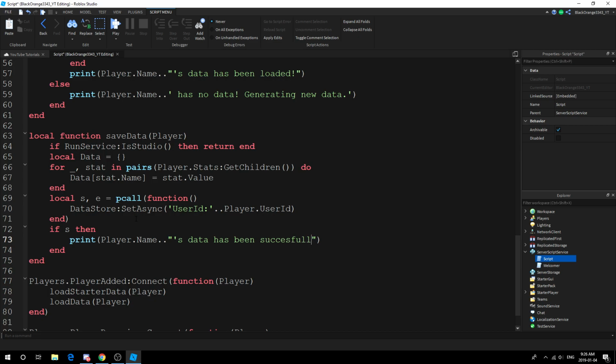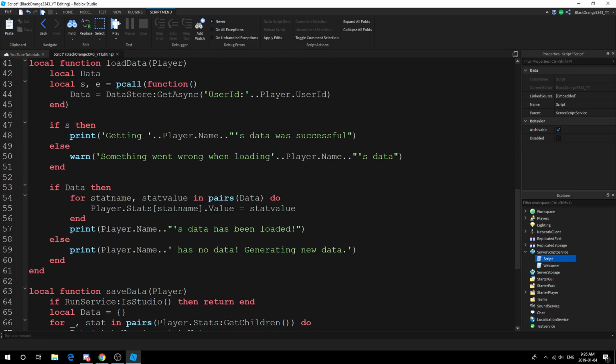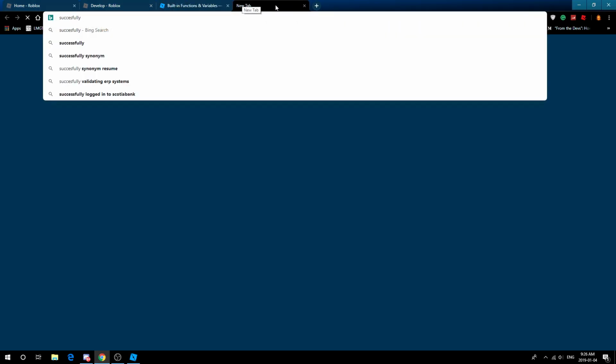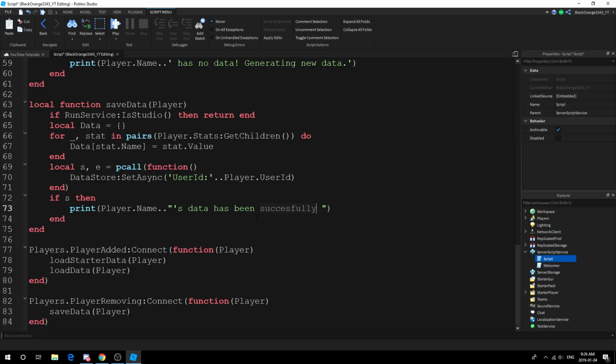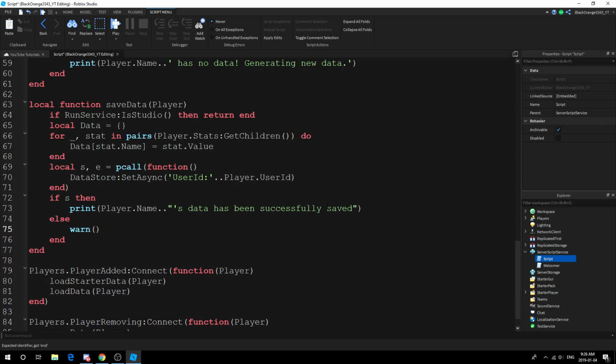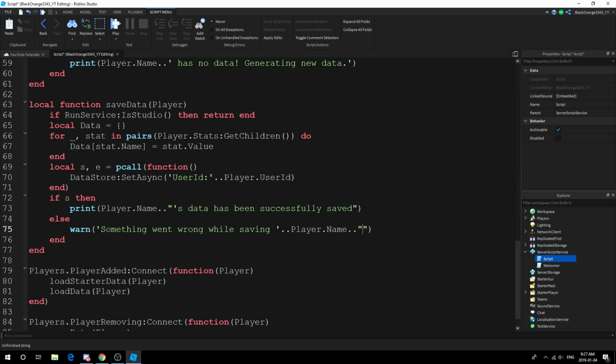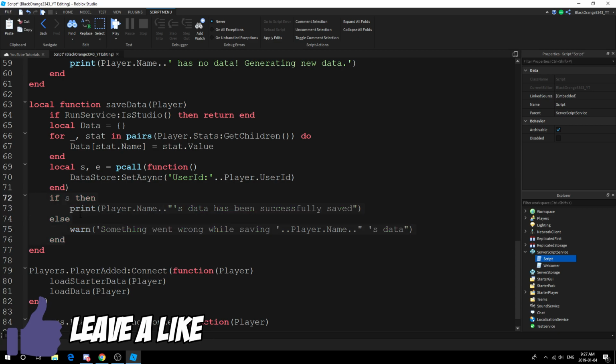Successfully. I really hate spelling. Great, I missed the N this time. Okay. Successfully saved. Else warn. We're going to warn something went wrong while saving player.Name, so we want a space here if we want it to look nice. Player.Name data. Now let me just say this is completely unnecessary, so you can remove this if you would like to,